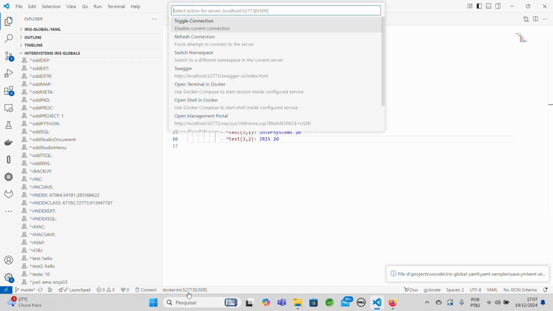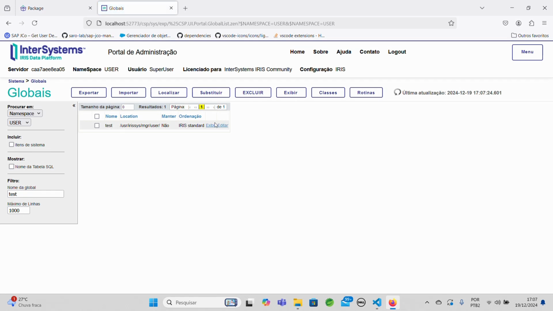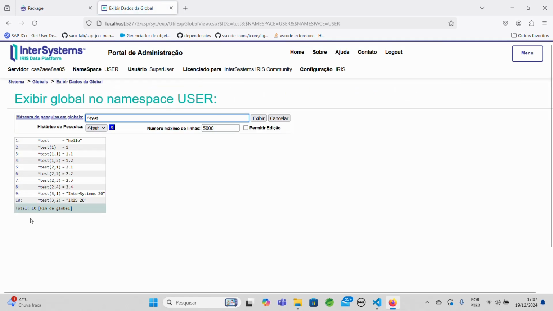You can check here, open management, globals, tests, and you see